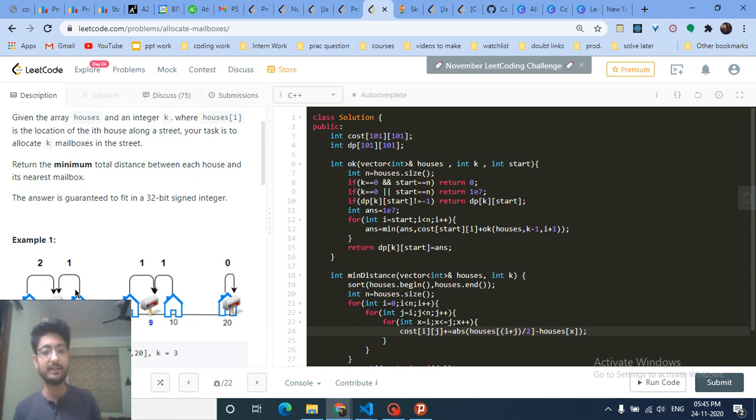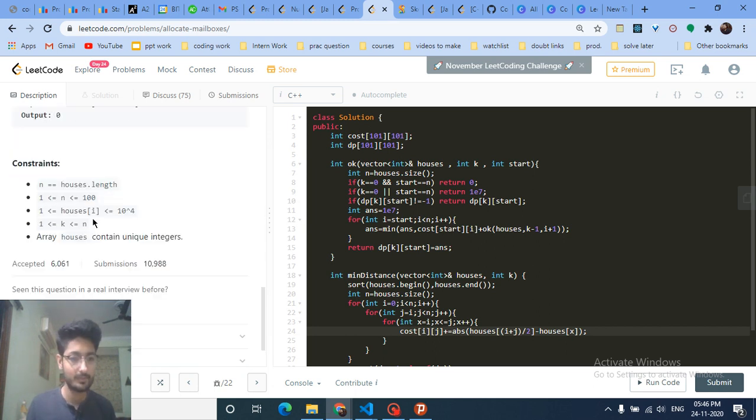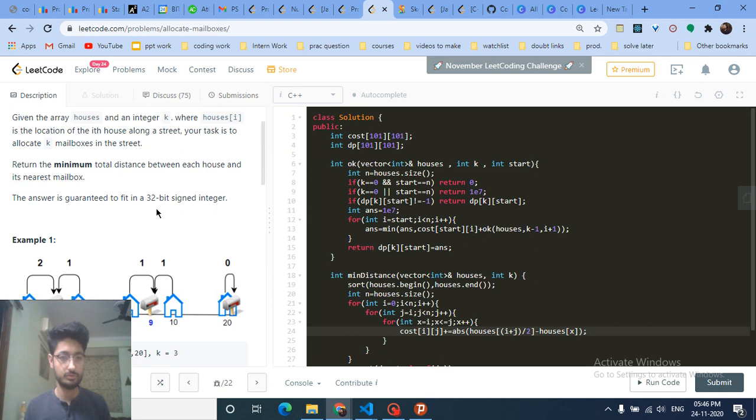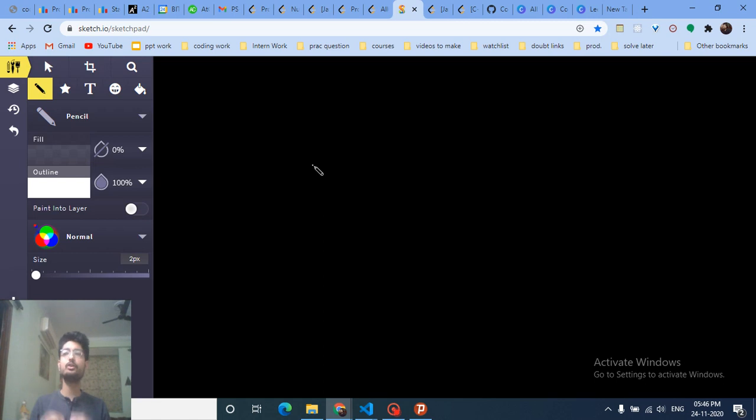That's the main question. In binary search we have some clear-cut hint, but in this, even if I put some mailboxes at some point, and want a distance of, let's assume, 500, how many mailboxes do I have to put? We don't know where to put the mailboxes. But if we make one or two observations from this problem, then it will become a DP problem, and it is a DP problem. First, the constraints are very small. As you can see, n is 100, so it can be solved in O of n cube operations also. And the second thing we're going to observe is where to put a mailbox.